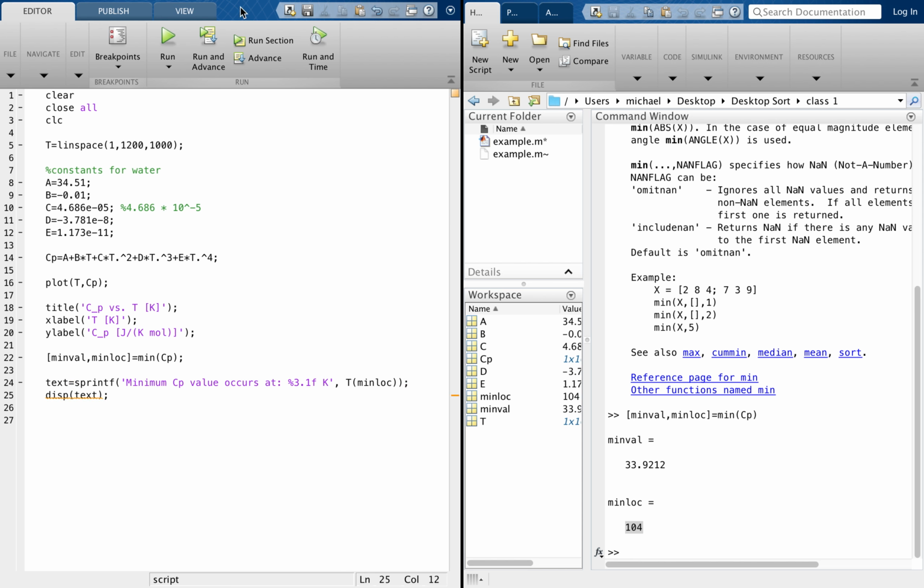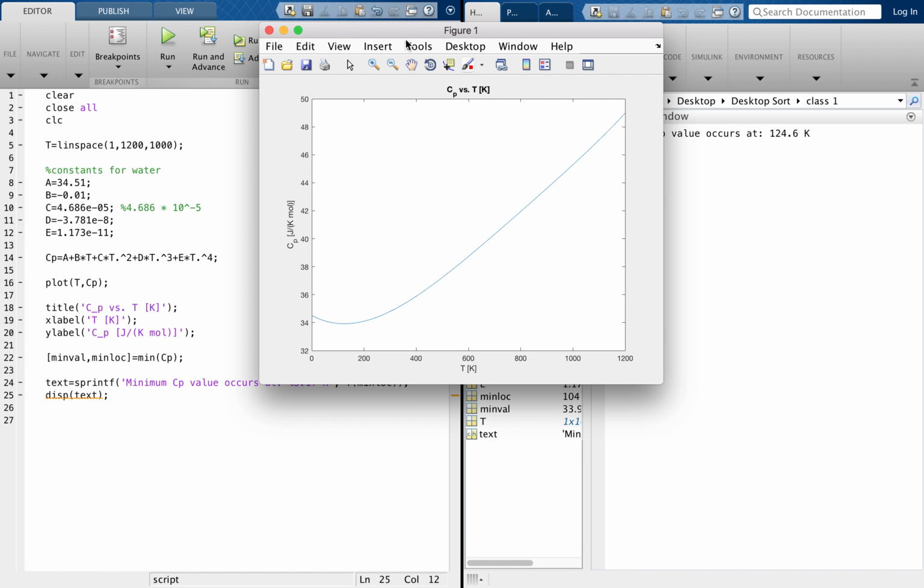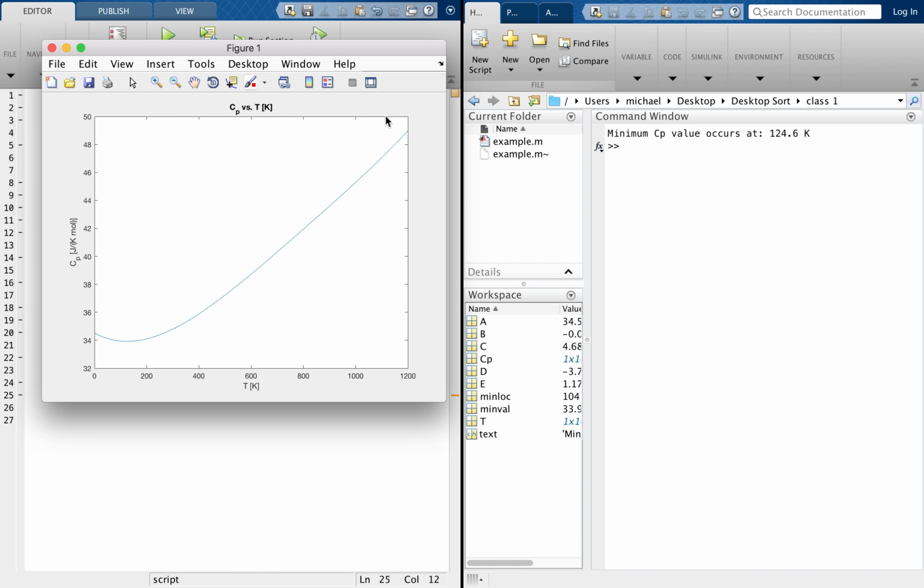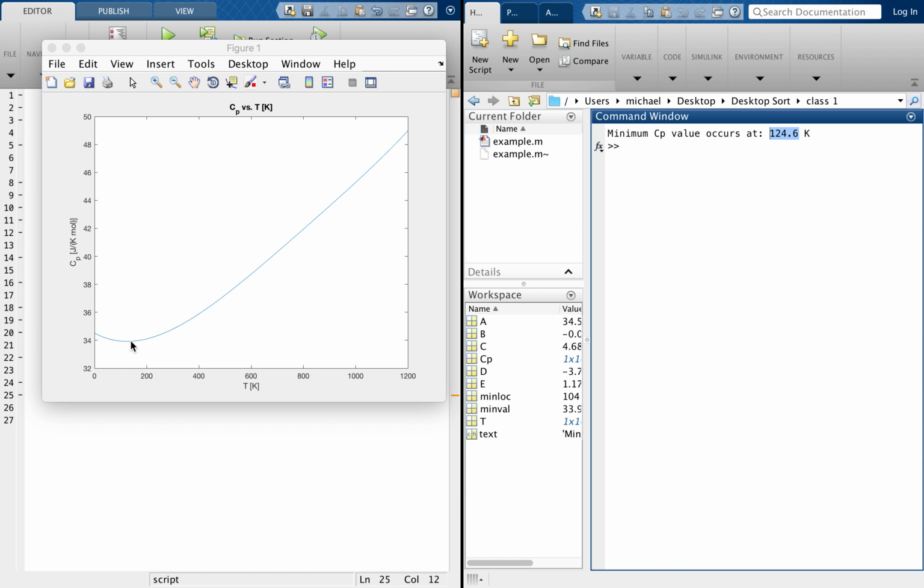And when we run this code, you should see our plot. Everything looks good. And then here we displayed minimum CP value occurs at 124.6. Again, that